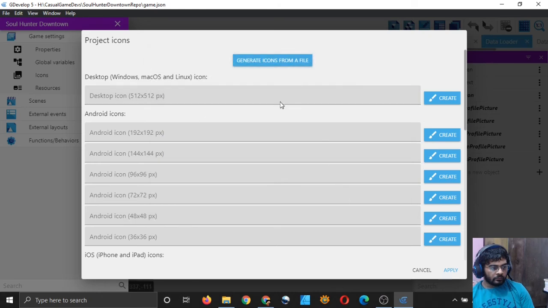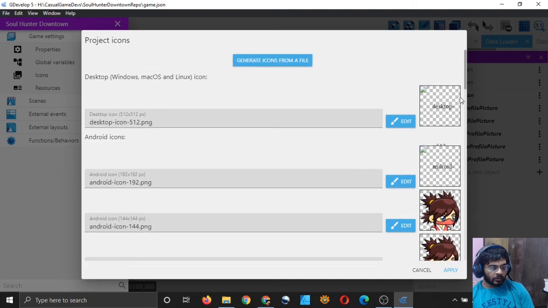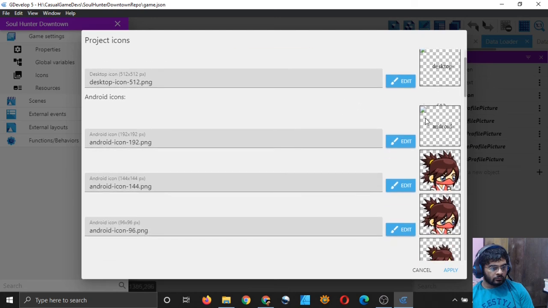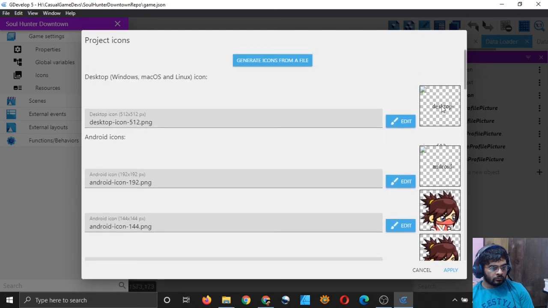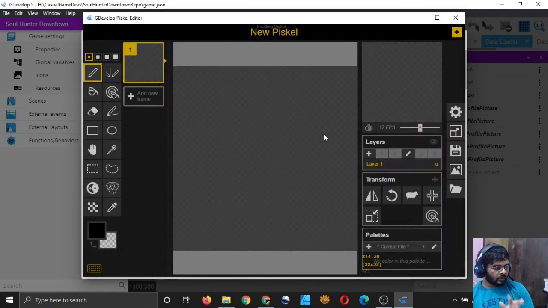And you can see that all the icons are now generated. You can edit them, but I won't recommend it.